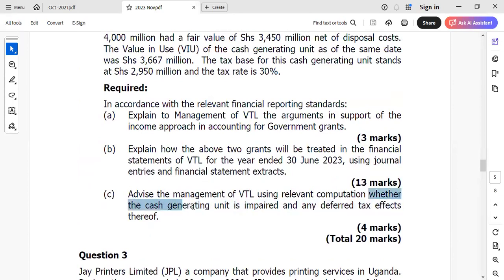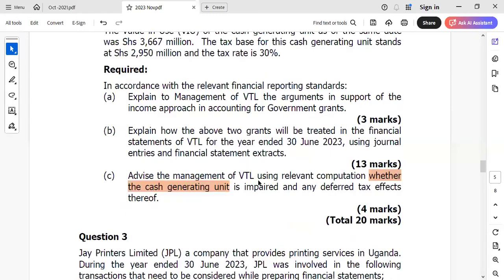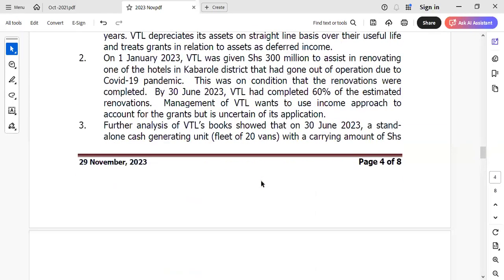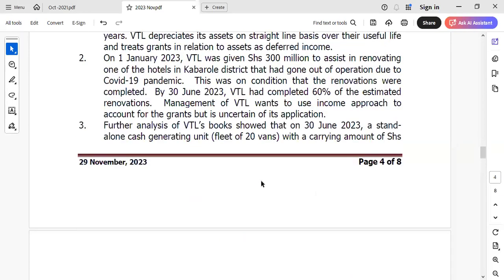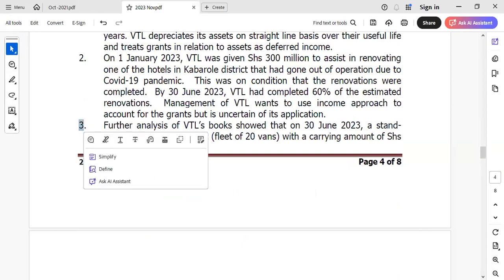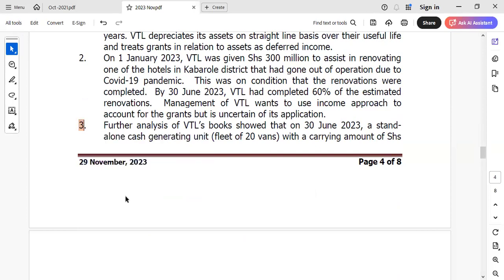I see a part C. November 2023 part C. They told us that further analysis of note number 3. You rely on note number 3. You rely on note number 3 to answer this. They are telling us that further analysis of